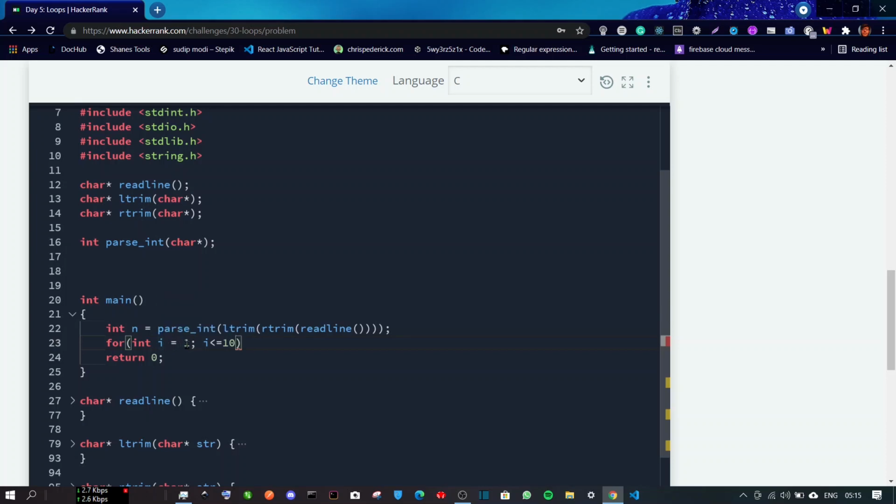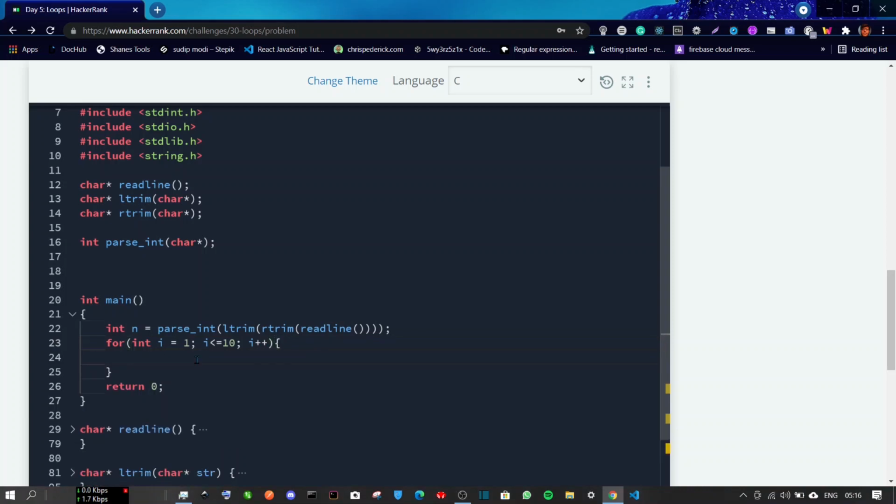Integer I has an initial value of 1, I is less than or equal to 10, and after every iteration I increases by 1. So this first statement is declaring the counter. This is the condition that decides whether or not the loop will execute, whether I is less than or equal to 10, and this is what happens after every iteration. So I increases by 1 after every loop.